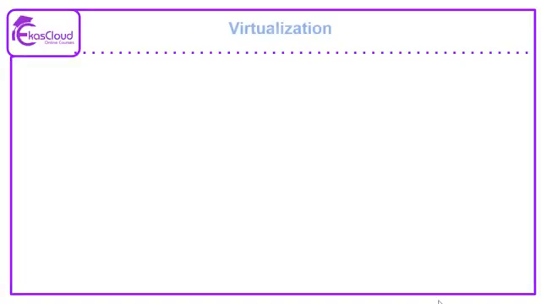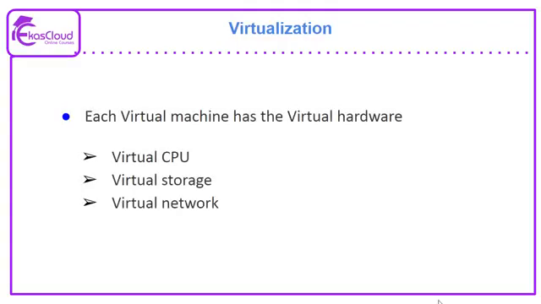And the next is, each virtual machine has virtual hardware, like our on-premises physical device, for example a computer: CPU, storage like hard disk, NIC card, and RAM. So many hardware things are there. In virtualization, same things: virtual CPU, virtual storage, and virtual networks are there. So next is